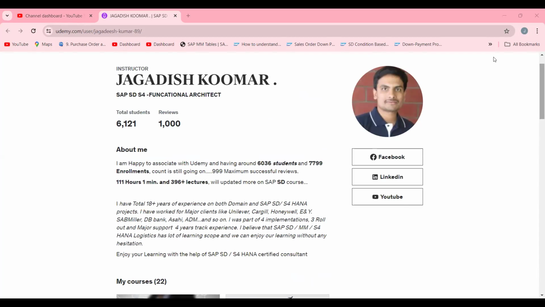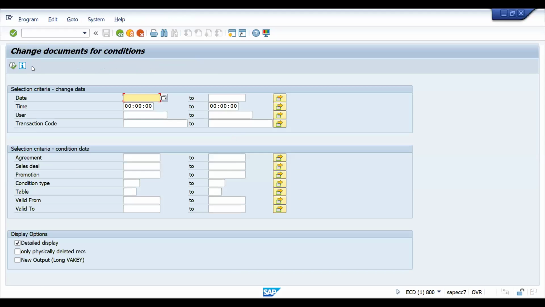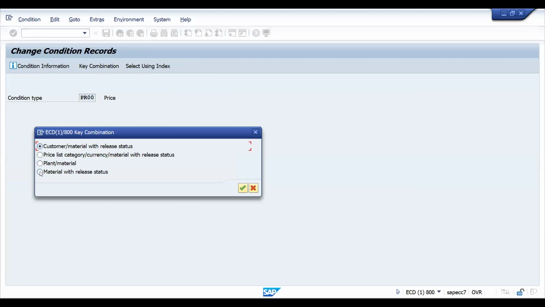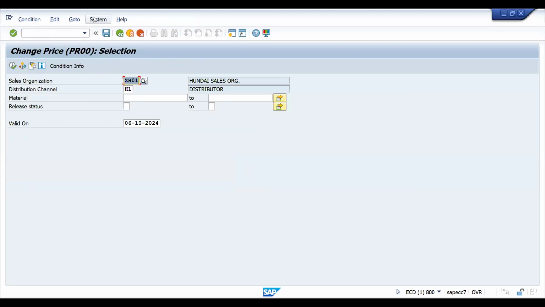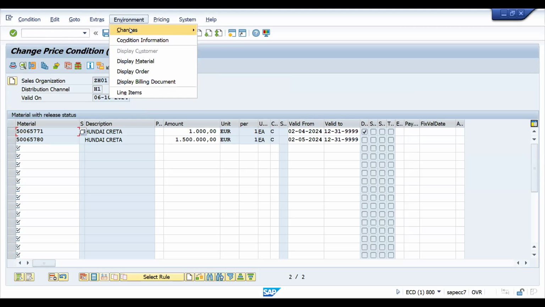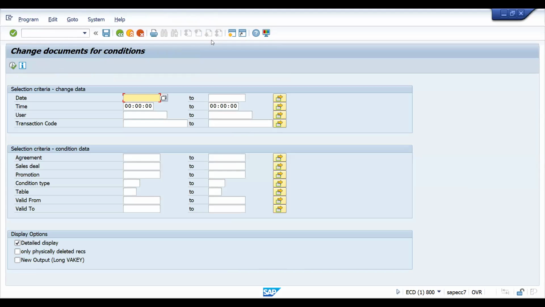So let's get into the SAP now. Okay. So now once you execute, you are getting this one, right? Let me show you the same thing in VK12. So if I come here, let's choose this. So let's execute this. So like changes, you can see change report. If you click the change report also, it will go to the same program. That's what I would like to